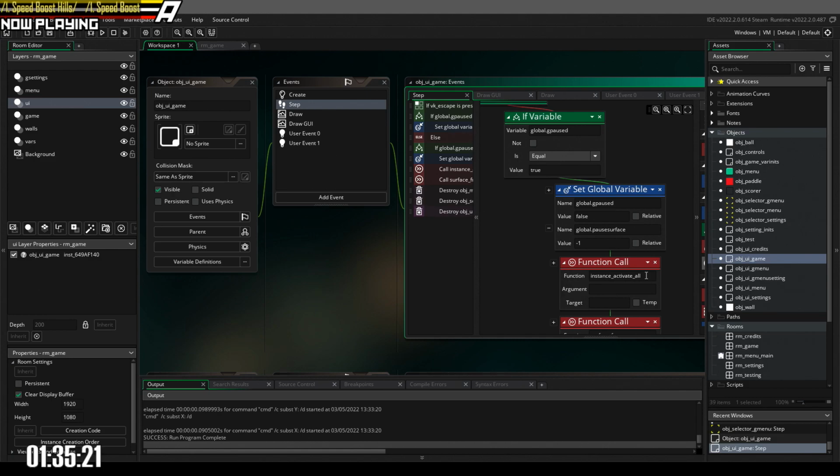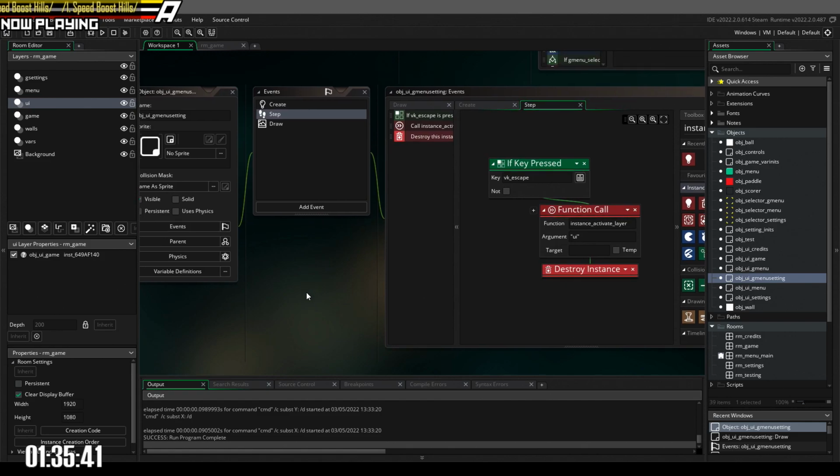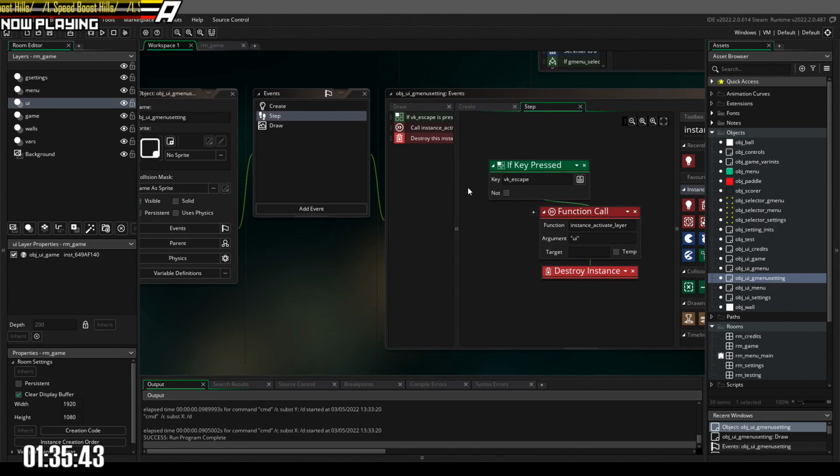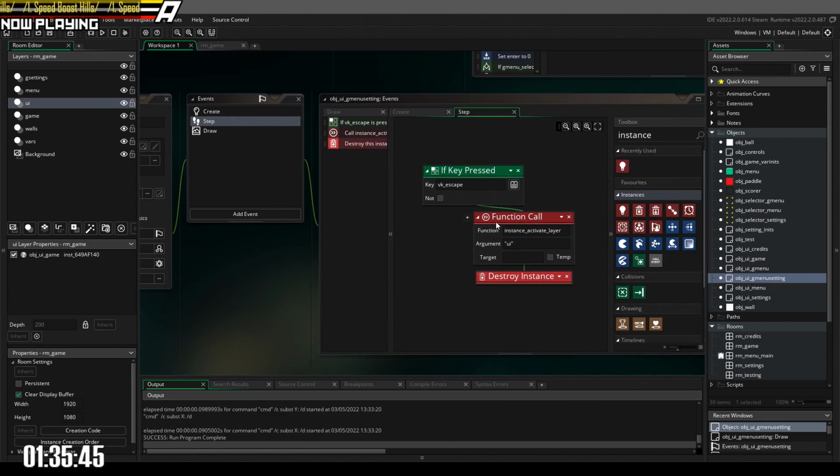Yeah, and the reason why instance activate all here is fine, instead of doing instance activate for specific layers, is because the instances on the higher layers, the menu and the settings menu, will delete themselves at the time of activation, so I don't have to worry about that. Okay, so going here again, this will activate the UI layer again,